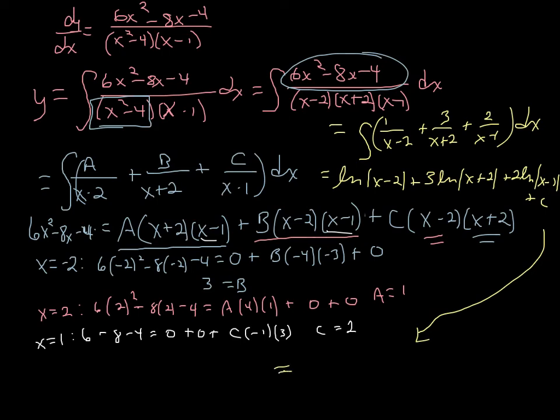So that equals the ln of parentheses, the absolute value of x minus 2 times the absolute value of x plus 2 cubed, and I am going to keep that absolute value on there because that would make it possible for it to be negative, and so I definitely want the absolute value on there. Plus, I'm sorry, not plus, times, and then the absolute value of x minus 1 is going to be squared,